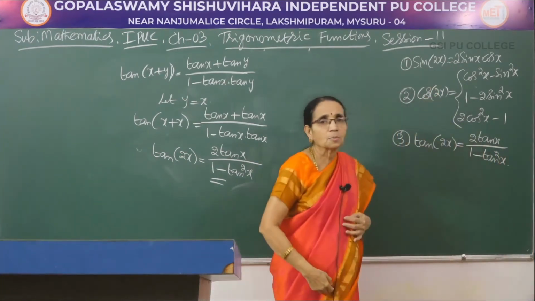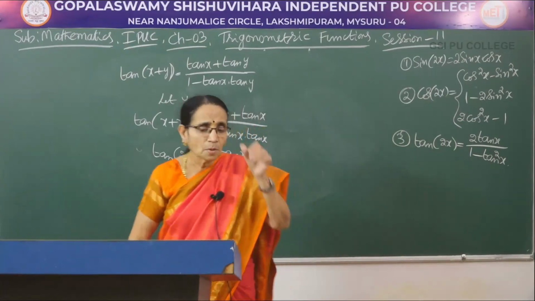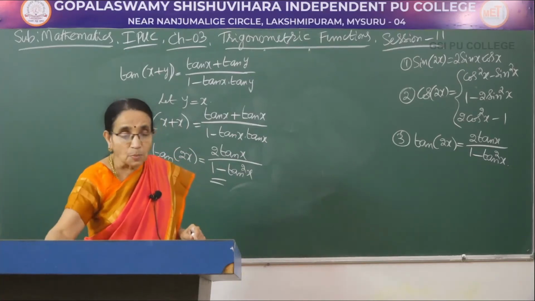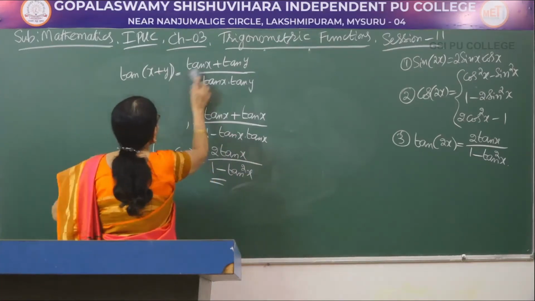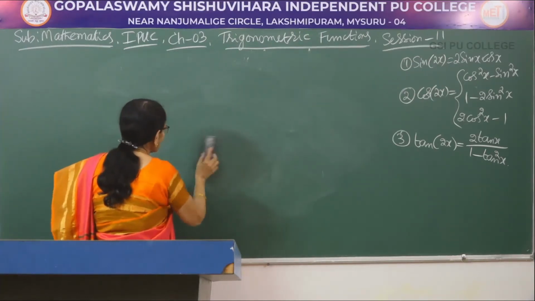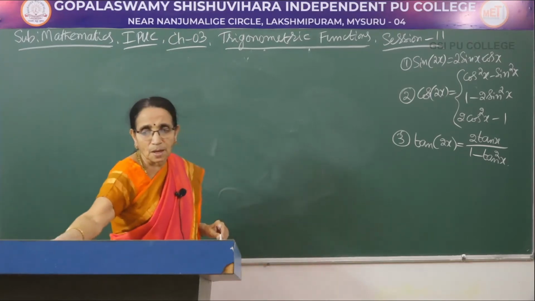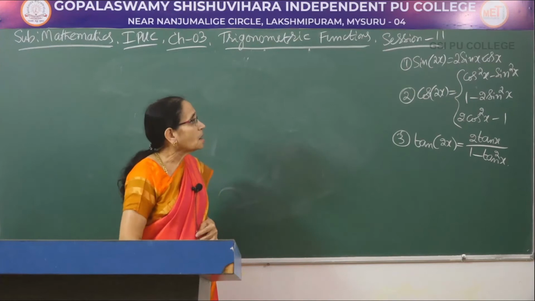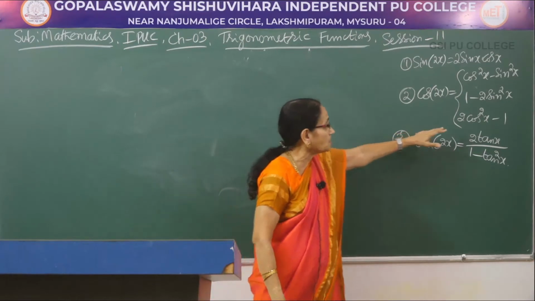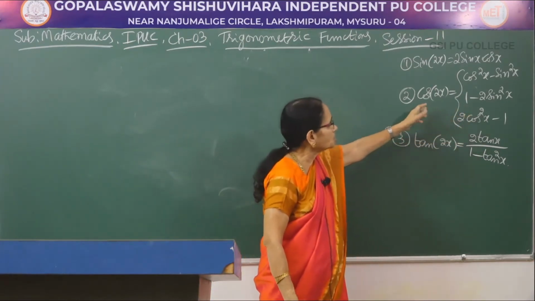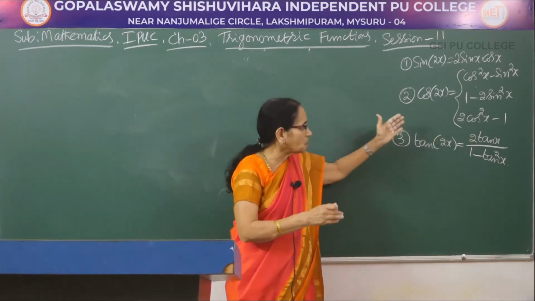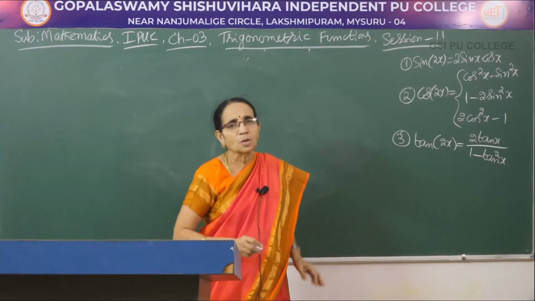See, all of them you can now expect for a 2-mark question. Now, 2 more formulae, 2 more problems I am going to work out. But before working out those, I just want to give you one more piece of information which we get from the second result, that is cos of 2x, because we come across these expressions in many problems. So, each time replacing this cos of 2x by any one of them, if you have a rearrangement of those formulae, we get one more piece of information.